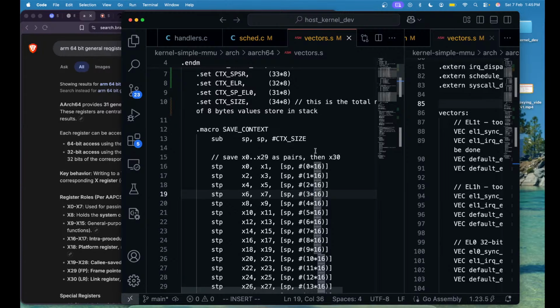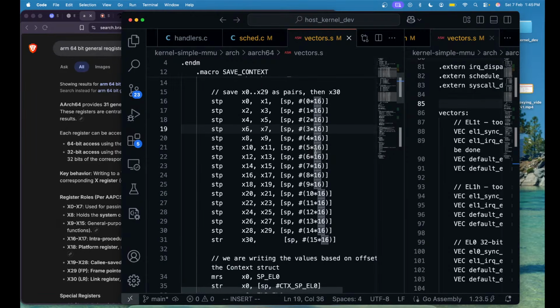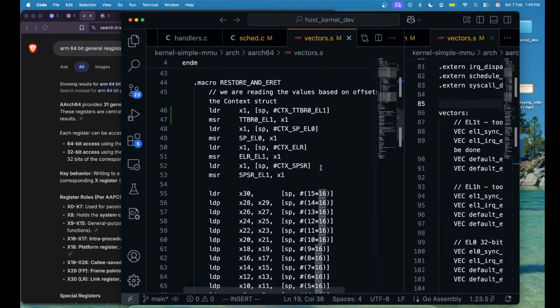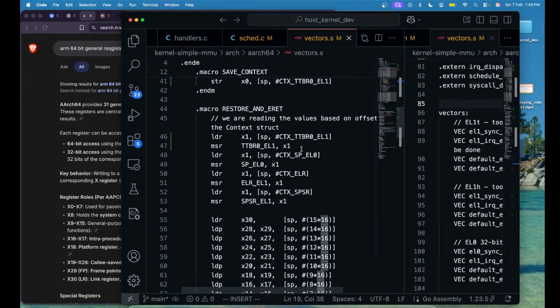So we are writing backwards, which is forward. I have no clue. But when we restore it,